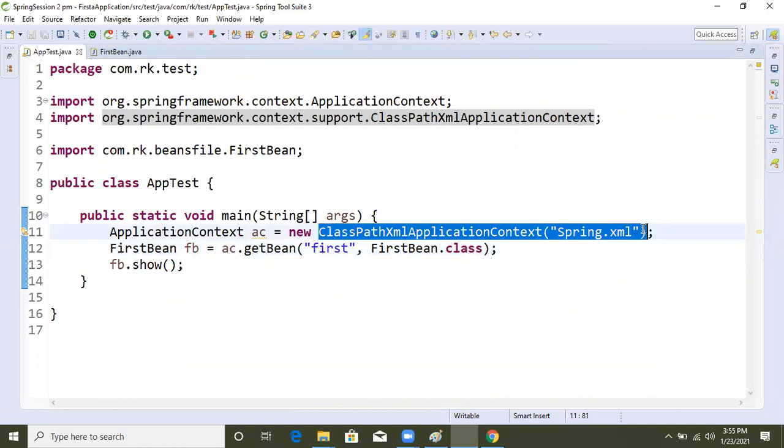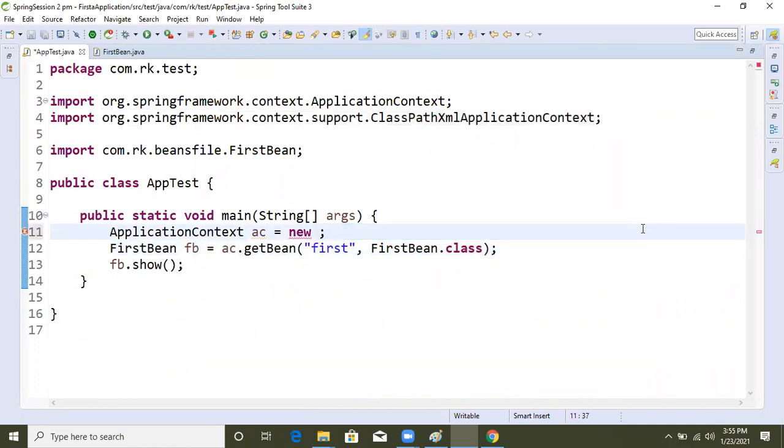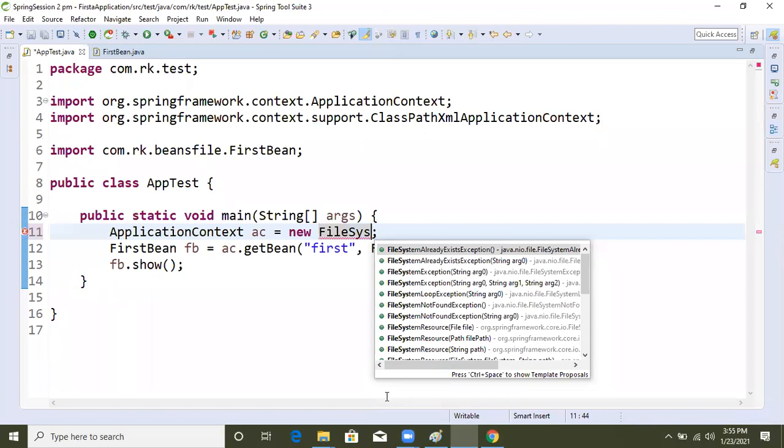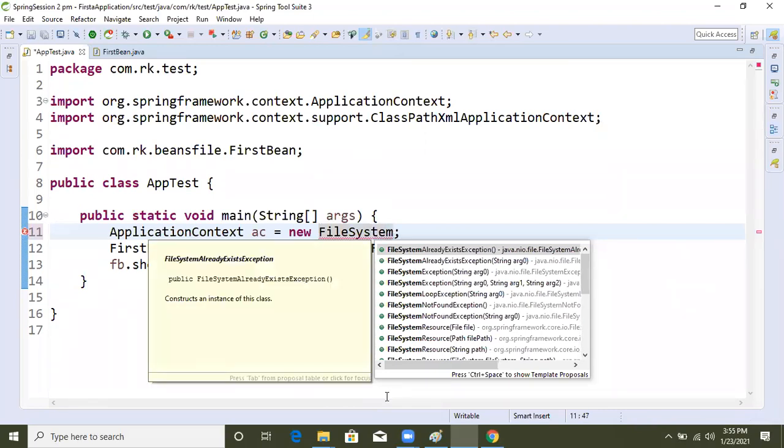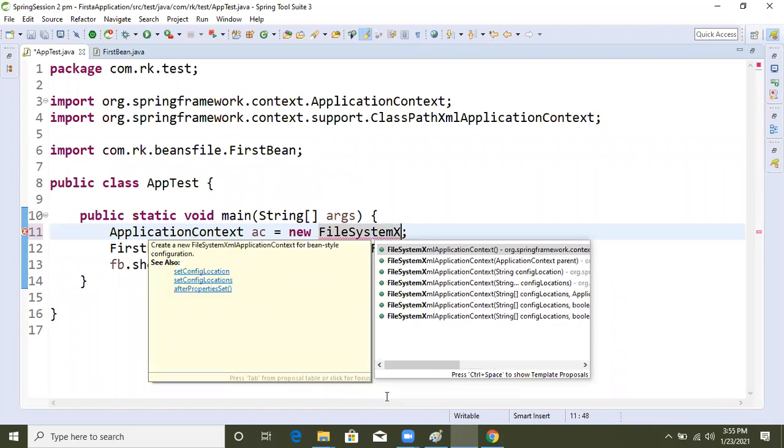So what we will do now, we will remove it and take which implementation class? The file system XML application context, right?